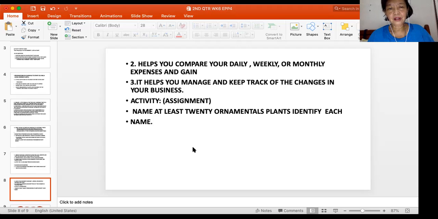If there are a lot of customers that buy your ornamental plants, and lots of plants are being delivered,